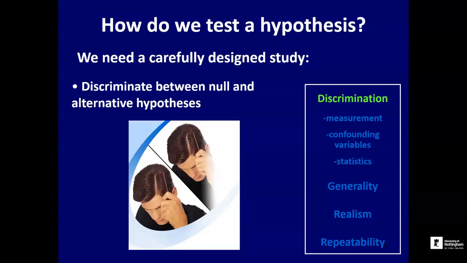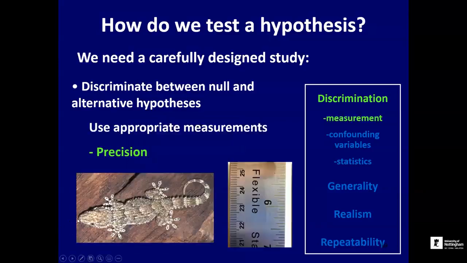But there are some key issues that we need to think about when we drill down into the detail of experimental design, which will affect your ability to discriminate. And I want to look at several of those. First of all, let's look at measurement. So if you're going to collect data, you are effectively measuring something, whether it be on a continuous scale or